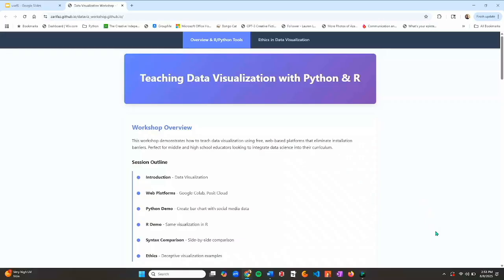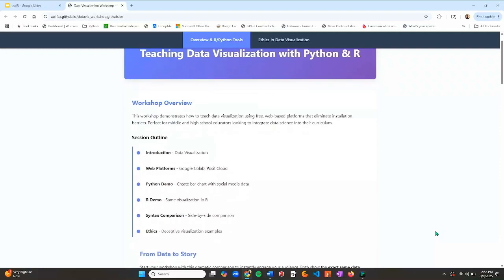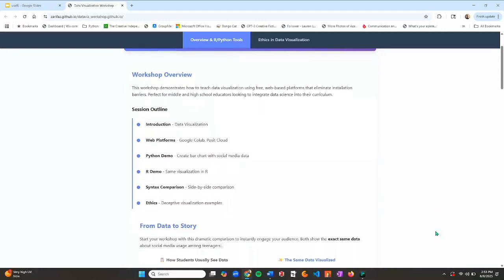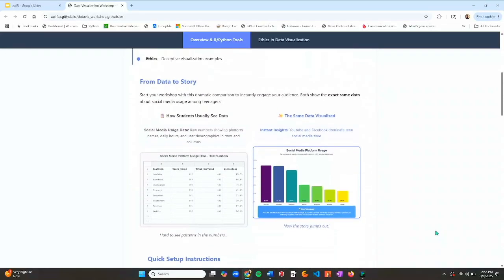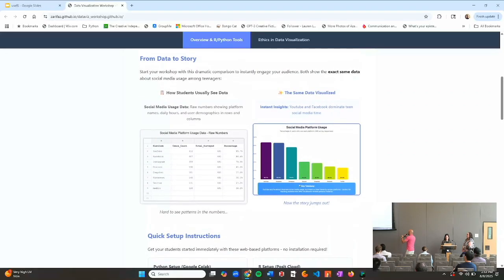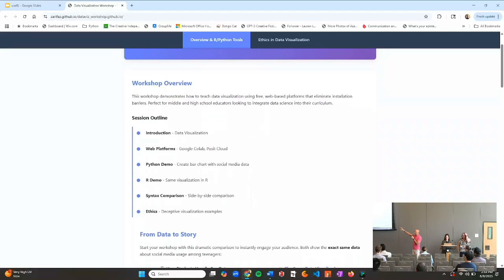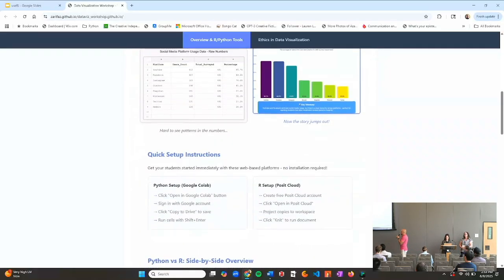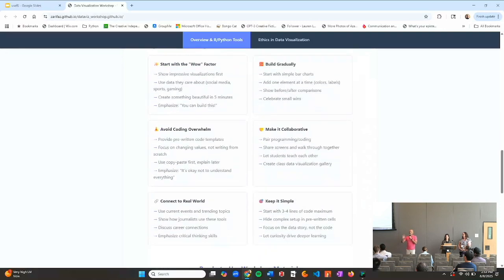Okay, so what we wanted to do when we're teaching Python and R is to teach them the same way that I would teach MLA versus APA citation format. If you see them side by side and see how they're different and how you can compare them, we found this was the best way for students who are scared or nervous to learn coding, so they can see the differences between R and Python. So in here, Zarifa set up this entire thing about how you can click on these links. It'll take you to Posit to work on R. She has an entire script on here for Python. Again, creating the same or similar visualizations using two different languages.